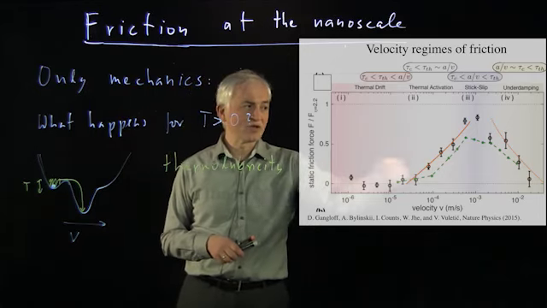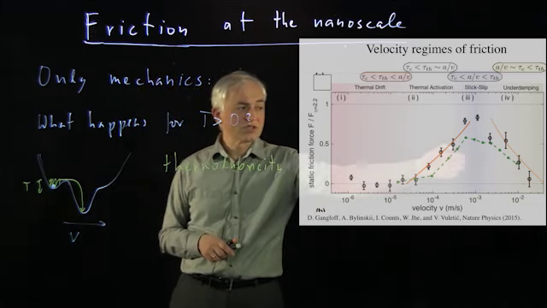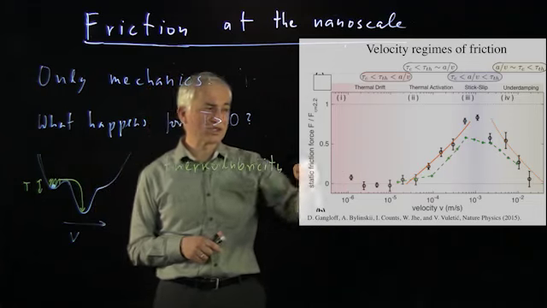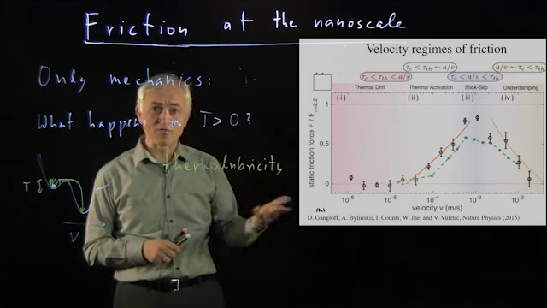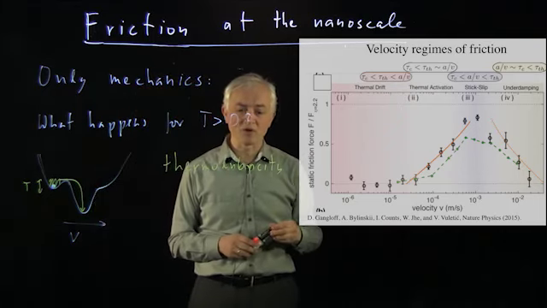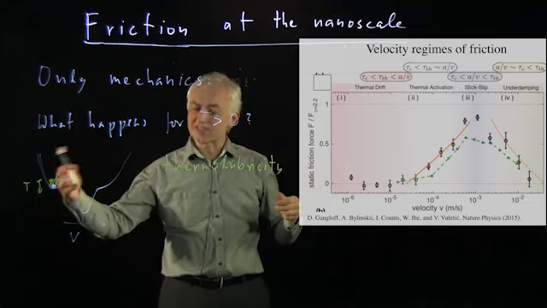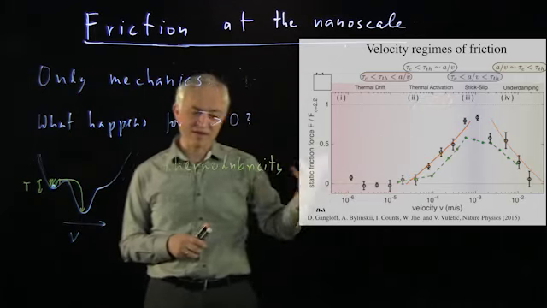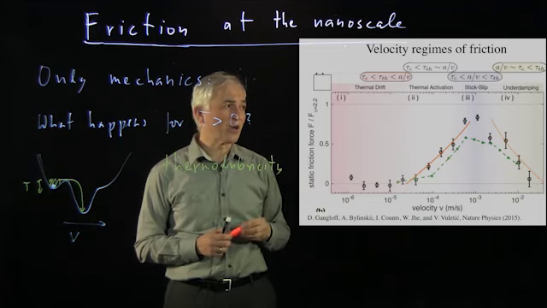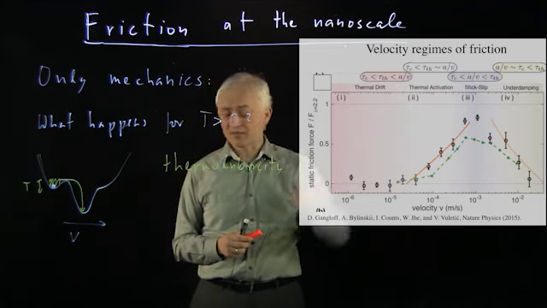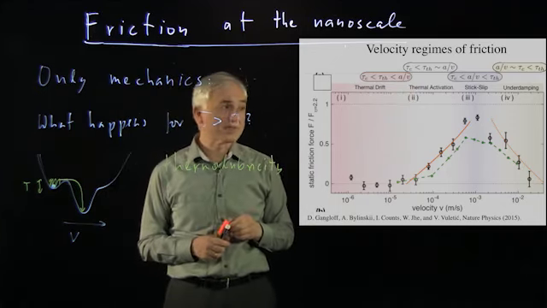Please notice that this is a logarithmic scale for the velocity. So the velocity here changes over 5 orders of magnitude. So friction increases with increasing velocity. Then there's a range where friction is actually independent of velocity, just like this simple macroscopic law would predict. And then it turns out when you move the atom very, very fast, then it basically doesn't have time to dissipate all the energy, and friction is reduced again effectively because the atom is hotter. So we can see that the simple macroscopic law of friction only applies in a region which in this experiment was relatively narrow, of relatively low temperatures.